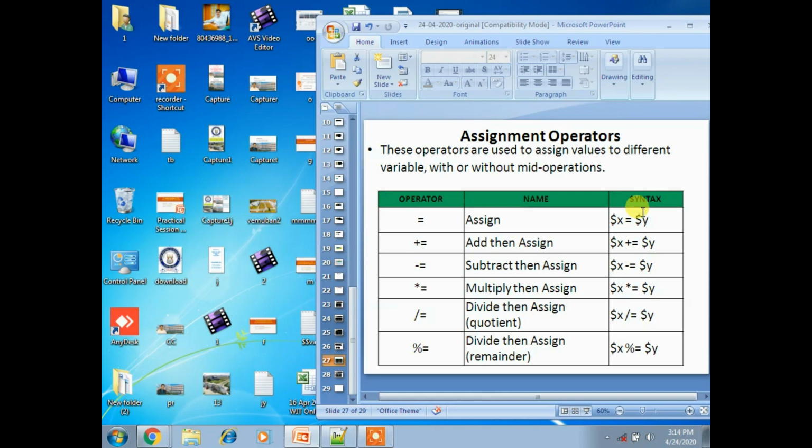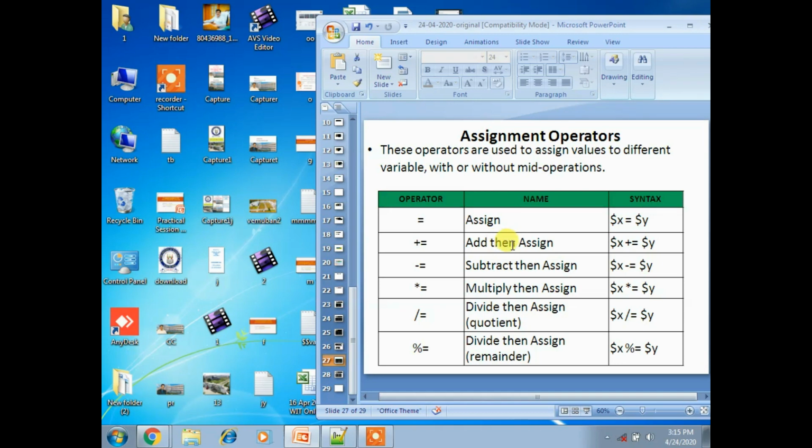Next one, add then assign. Here you have the add and assign operator, plus equal to, then subtraction then assign, multiplication then assign, division then assign. Like that we have assignment operators assigning the value to different variables. Add and assignment operator adds the right operand to the left operand and assigns the result to the left operand.